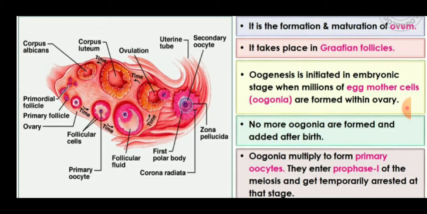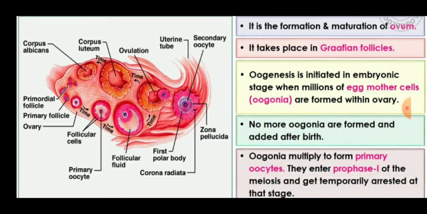So what happens, children? How do the Graafian follicle cells form? The oogenesis process is first initiated in the embryonic stage, when millions of egg mother cells, oogonia, are formed within the ovary, because this process is done in the ovary. No more oogonia are formed or added after birth. The oogonia continuously multiply to form the primary oocyte, and then they enter prophase I of